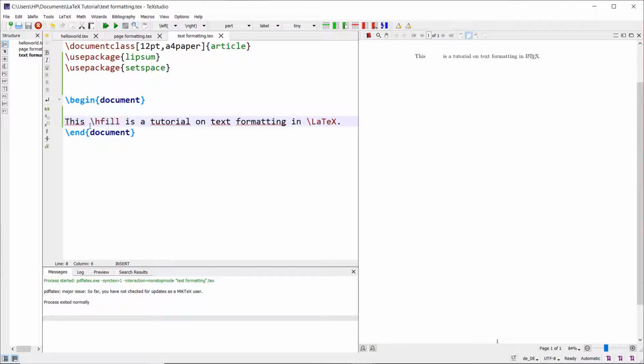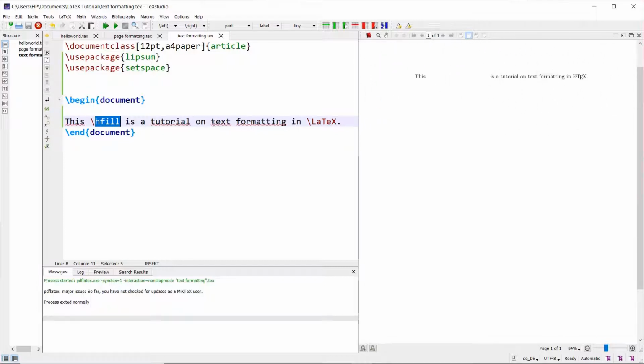Same way hfill fills the entire text horizontally. Let us see the effect of this. So I have just replaced that hspace with hfill. Let's see what happens. You might notice that there is a large gap between this and is word. This is because now the text is stretched across the entire line.